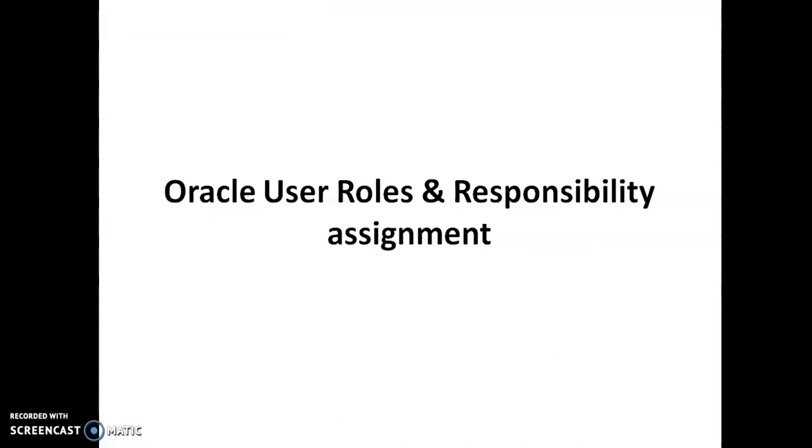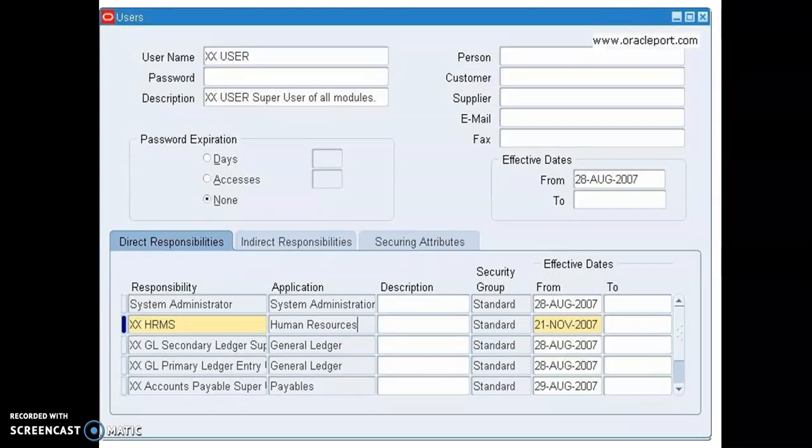Next we will see the Oracle HR module. In the Oracle HR module, I'll show you two different types of functionality. The first we are checking here is Oracle user roles and responsibilities assigned. This is the specific user chosen, with username, password if needed, and some description.